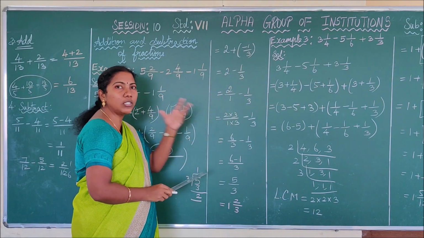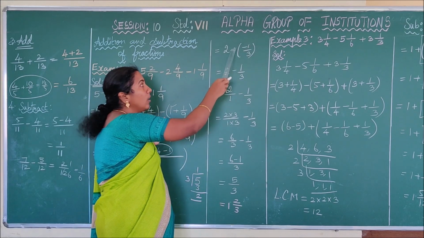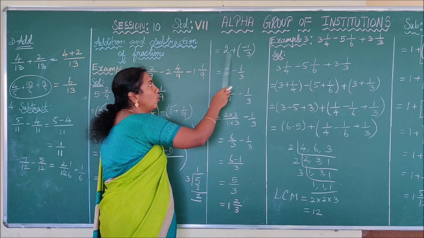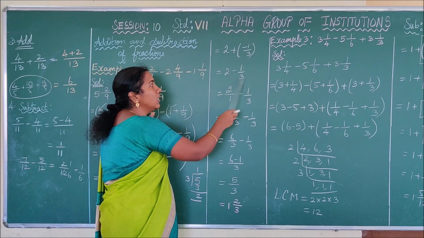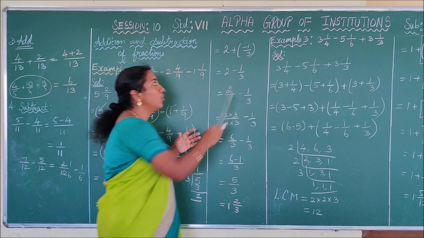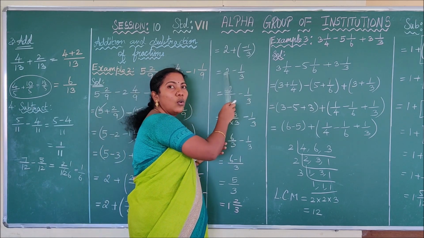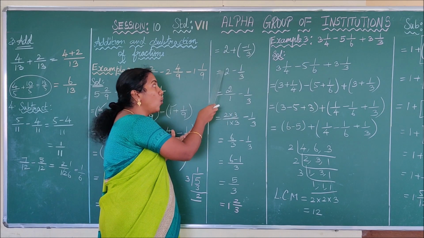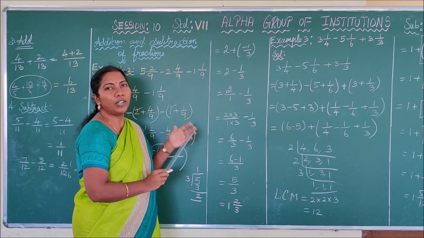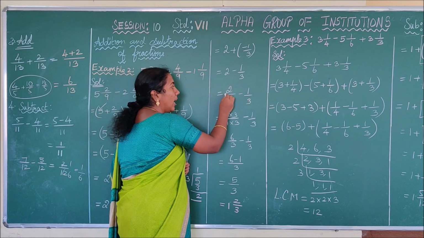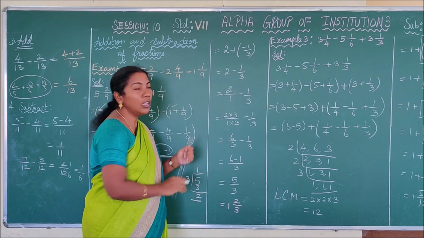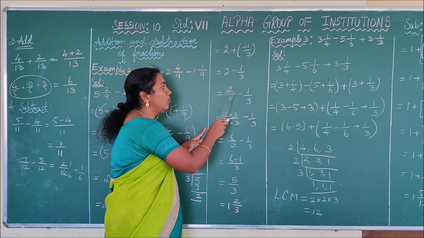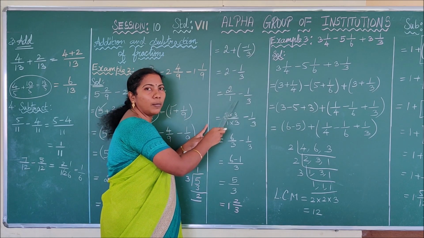Now we are bringing outside that fraction the bracket. Okay. Plus into minus is minus. That is we are removing the bracket now. 2 plus into minus, minus 2 minus 1 by 3. Now we have to subtract this fraction from the whole number. How can we subtract? We have to subtract the fraction from the whole number 2. For that, you have to take the LCM. You can write the 2 as 2 by 1. Okay. Now the LCM for 1 and 3 is 3. So multiply both numerator and denominator by 3.